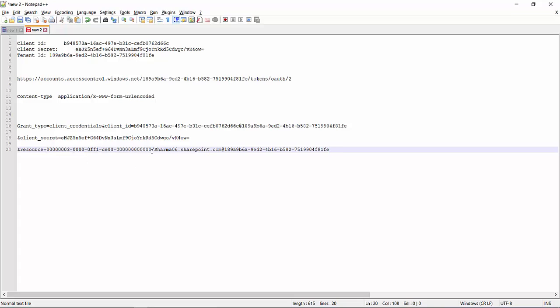It is a GUID. After that, after slash, it is your tenant URL. So this is my tenant URL, and after @ my tenant ID. So this will be my complete body: client ID at tenant ID, then client secret, then my tenant URL and tenant ID. So you can see this will be my complete body. I will copy paste this body in my flow.